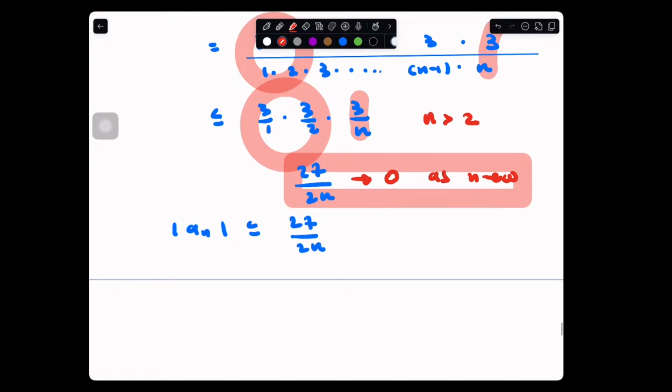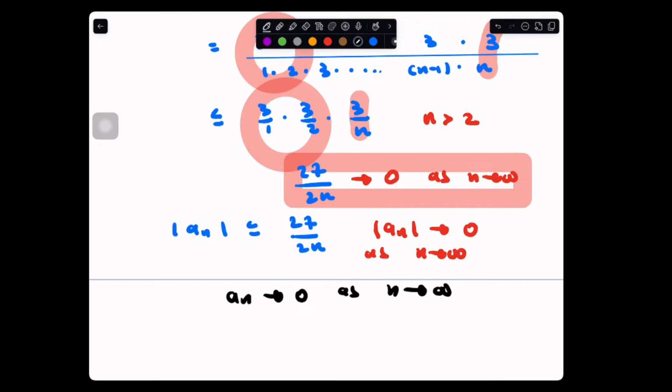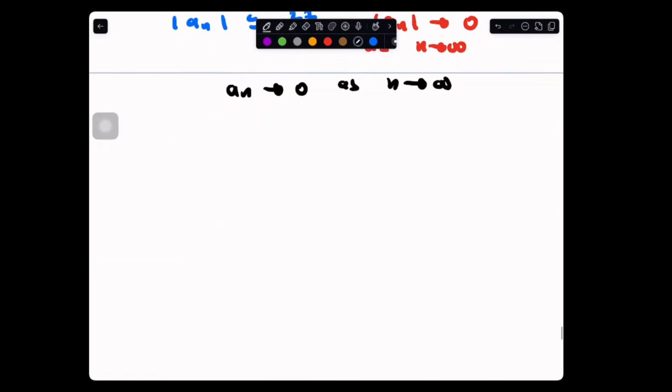And so because that goes to 0, this bigger sequence goes to 0 as n goes to infinity. So what that means is that the smaller one goes to 0 as well. So the absolute value of a_n goes to 0 as n goes to infinity, and then that means now a_n goes to 0 as n goes to infinity because of the theorem that we wrote down earlier,